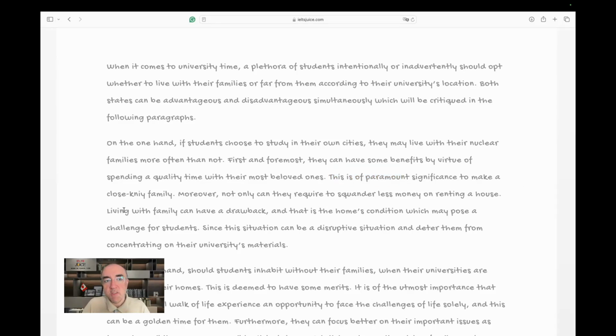to make a close knit. I am looking at my keyboard and the button for Y is very close to the button for T. So this is a typo. This is a slip. It's fine. We don't have a word nie. So basically when our candidate was typing the response, they thought they pressed T, but they actually pressed Y. It's fine. Close-knit family. Moreover, not only can they require